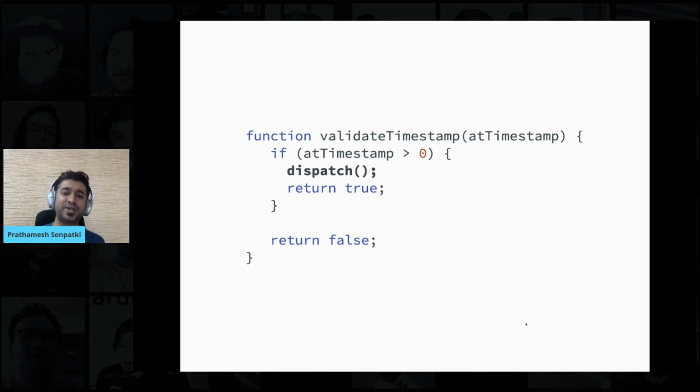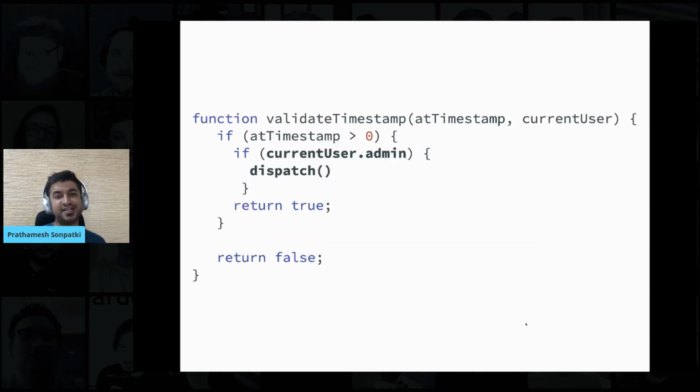But slowly, if the timestamp is valid, we want to dispatch some action in our store, because based on that we'll take some action, we'll show something to the user or something like that. And then slowly we realize that we cannot dispatch it directly. We have to only dispatch if this particular user is admin. So now we have added a conditional block here, right? So this is another mental headache that happens in this function.